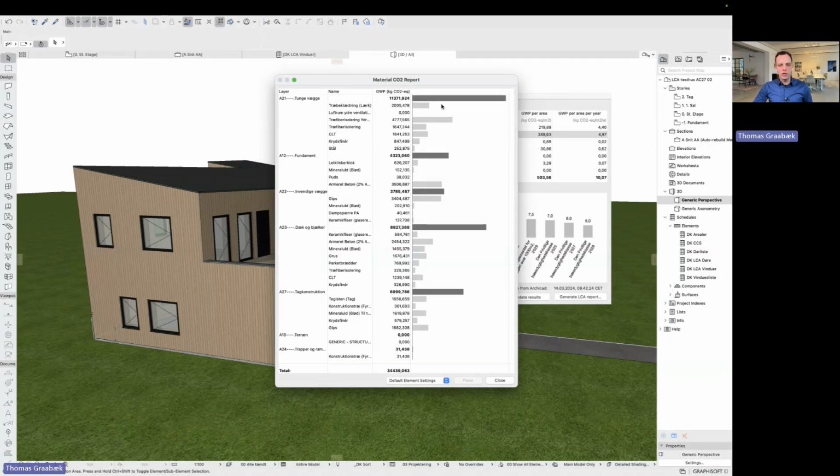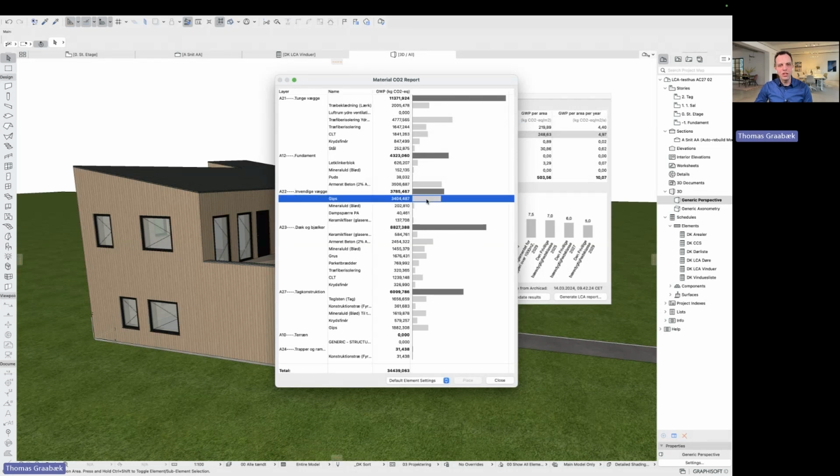So let's look at these outside walls. The material that has the biggest CO2 footprint is my wood fiber insulation. So if I should change something about this project, I would probably look at my insulation in outside walls. That might already be optimized. So I can just look at what else I have to work with. I have my concrete in my foundation. I'm not going to mess with that.